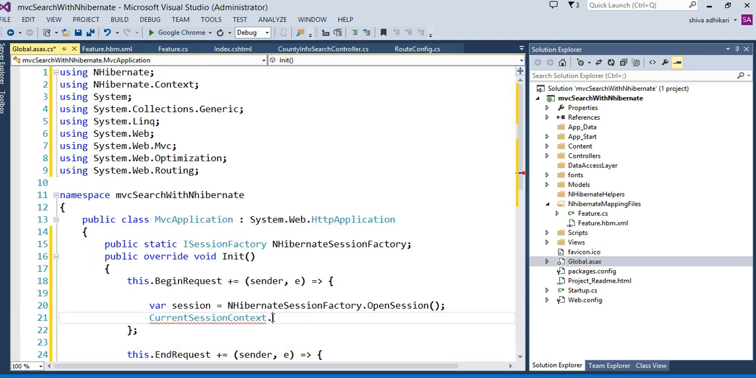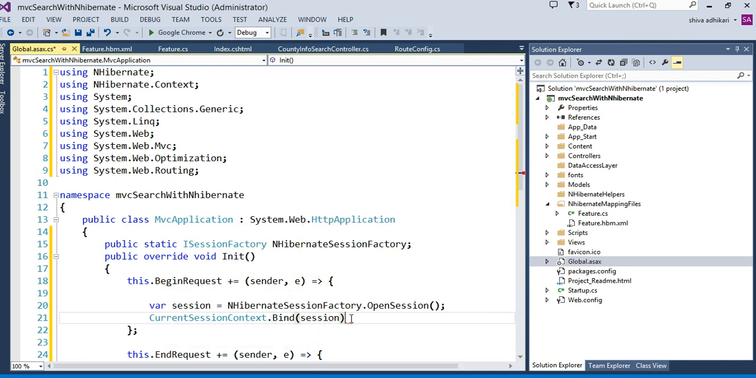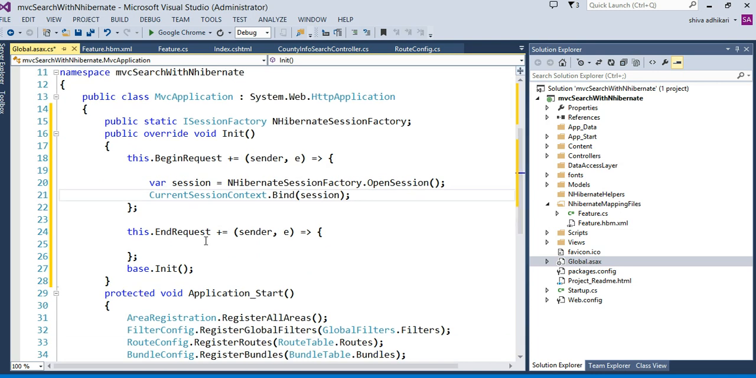So it has a static method called Bind here. What you're going to bind is the session that you just obtained, that you have here. Okay, and then the next thing you have to do once your session, because this is end